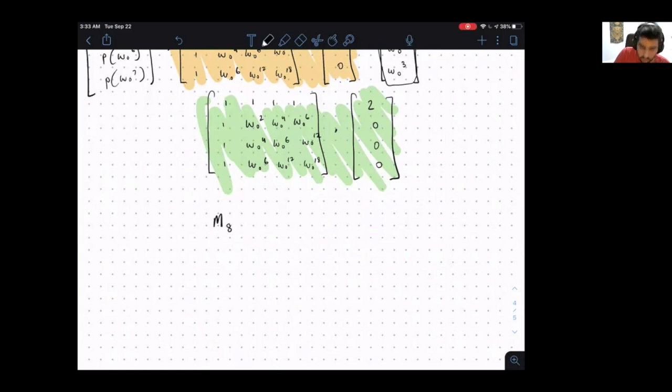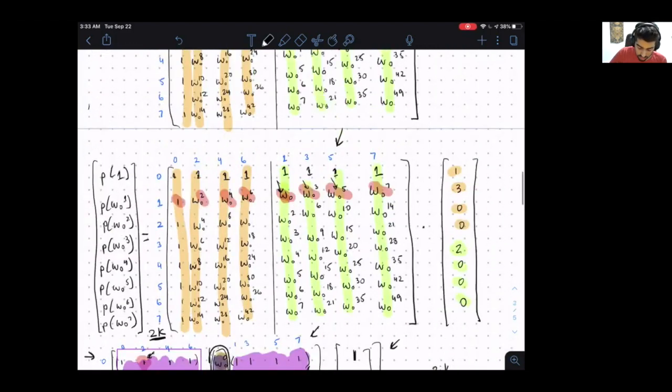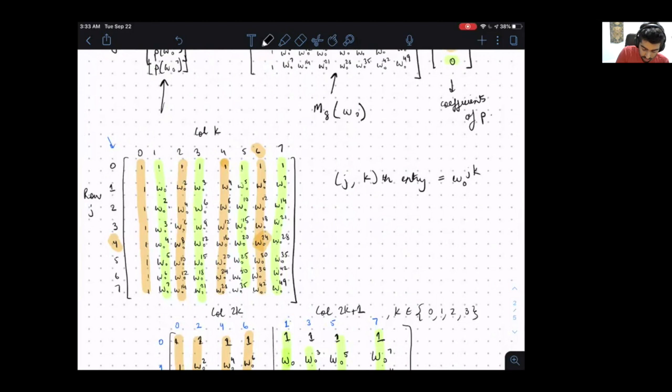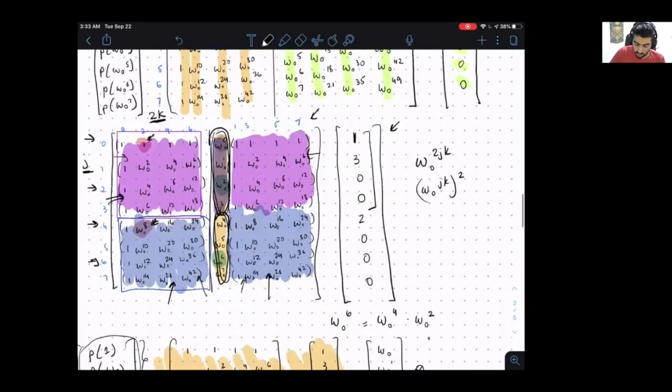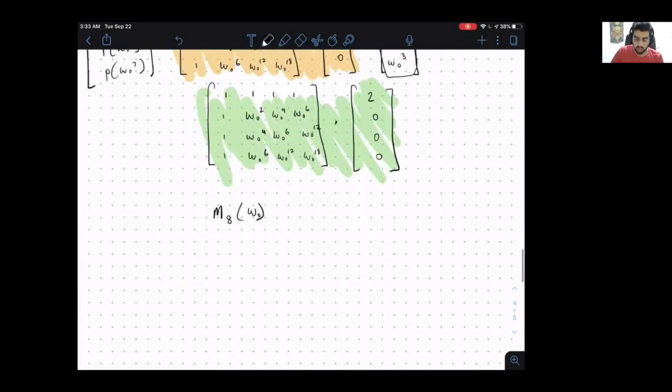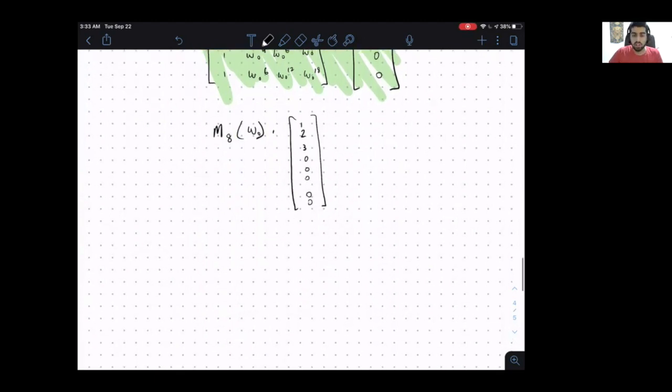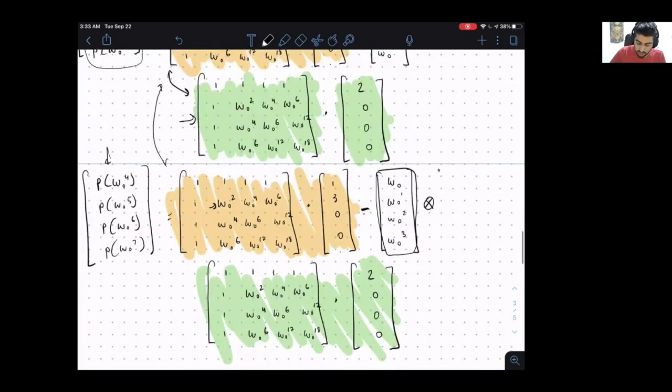The original problem that we wanted to solve was the product of the M8 of omega naught matrix, which is this 8 by 8 matrix over here, the original M8 of omega naught matrix, with our vector of coefficients, which was 1, 2, 3, 0, 0, 0, 0, 0. Okay, and in order to do that, we realized that there's 2 subproblems we need to solve,